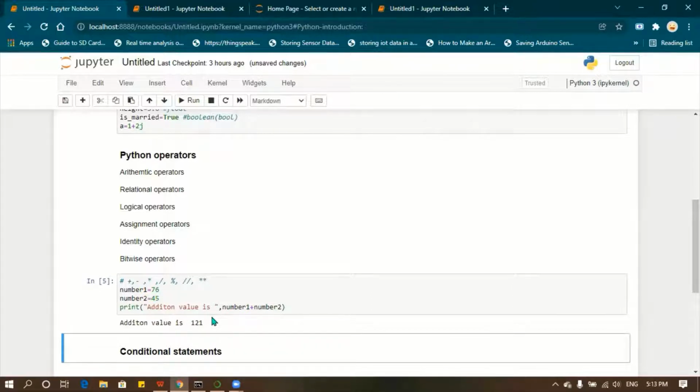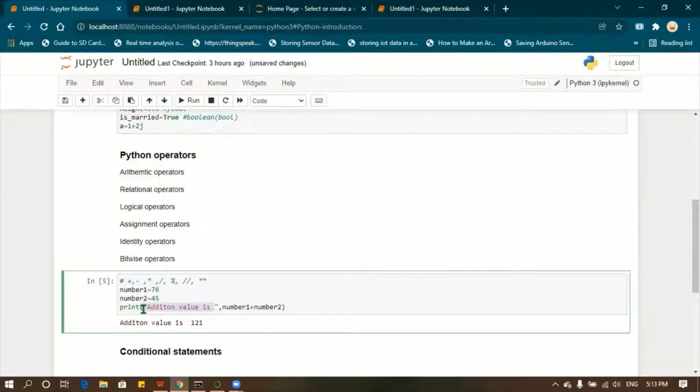Whatever you put inside the quotation marks will not change; it will be printed as it is. If you want certain things to stay unchanged, you use the quotation marks. I just want it to show this message, perform the addition operation and show the result to the user. Are you able to understand this?